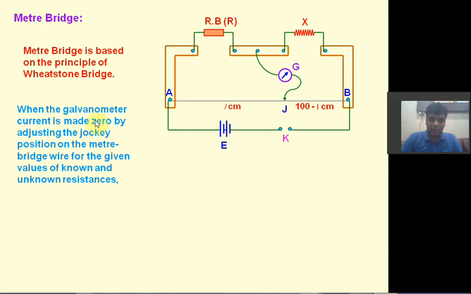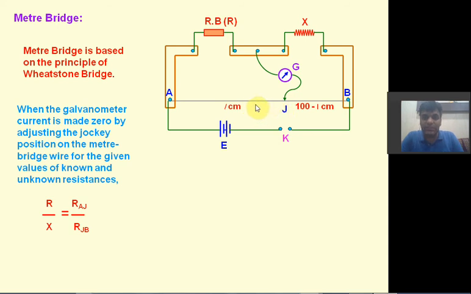So when the galvanometer current is made 0 by adjusting the jockey position on the meter bridge wire for the given values of known and unknown resistance, we are applying the Wheatstone principle, that is P upon Q is equal to R upon S. Here P is R and Q is X, the unknown resistance, and RAJ means the resistance along this length AJ,